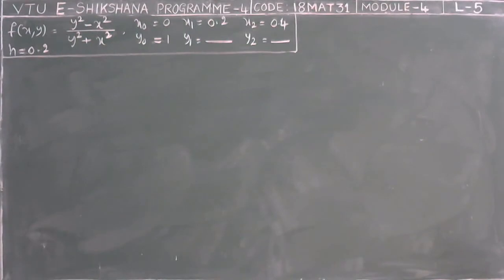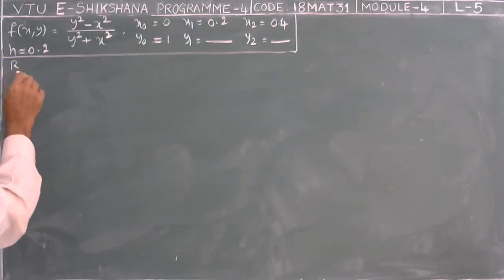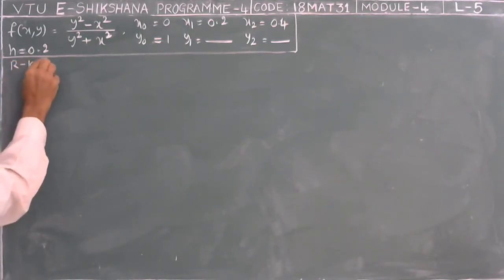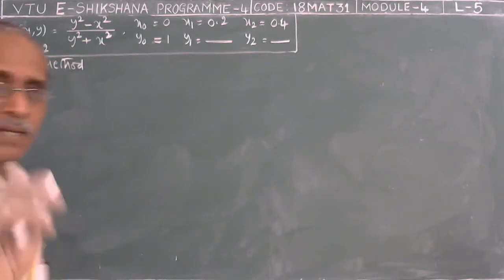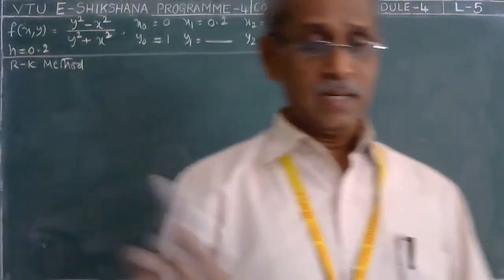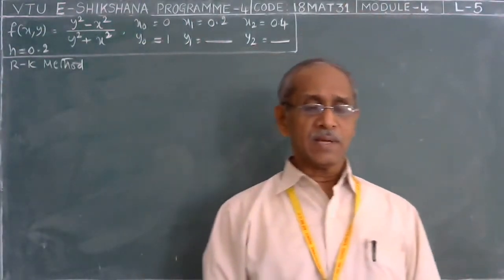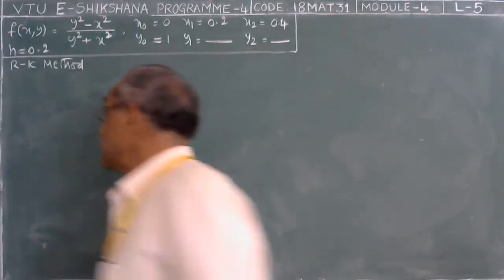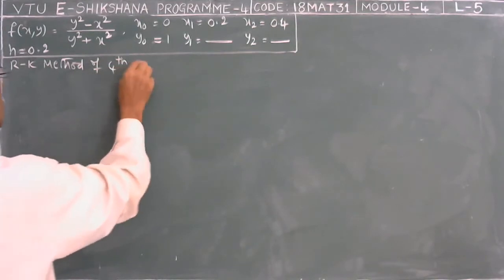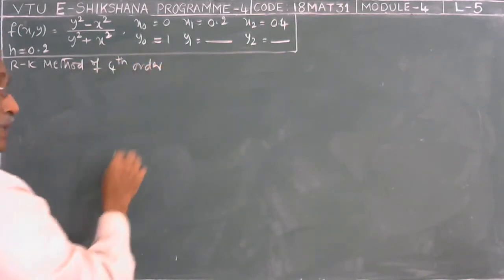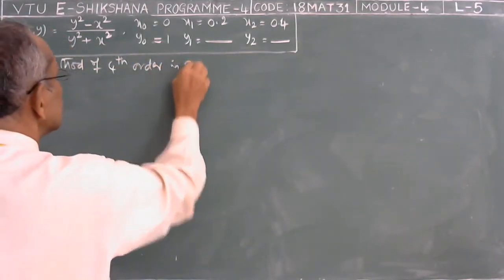Now let me write the formula. Runge-Kutta method, I can simply write as RK method. RK method means Runge-Kutta method. In short, let us write RK method to represent the Runge-Kutta method. The RK method of fourth order is given by